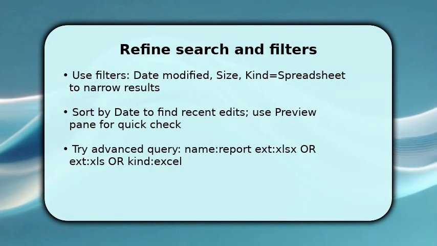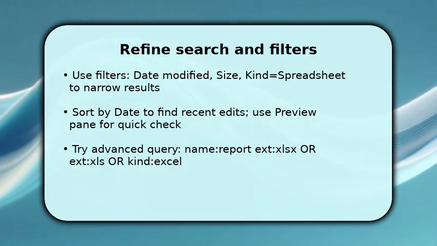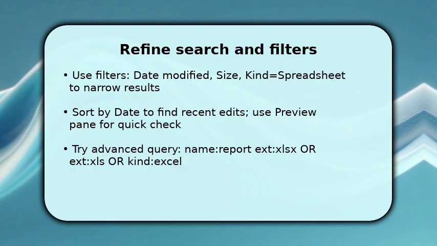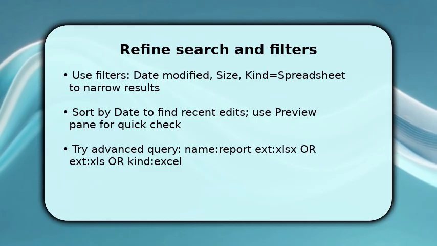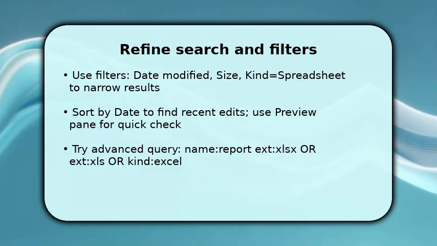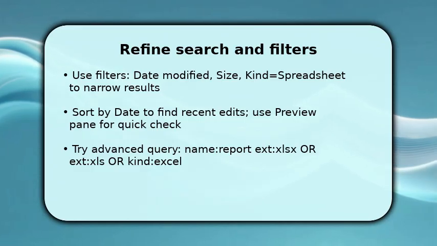Now refine results to cut noise. Click Search, Date modified to limit to last week or month if you edited recently, and choose size to exclude tiny template files. Use kind or extension filters to show spreadsheets only. This speeds up scanning. If too many results remain, sort by date or use the preview pane to inspect contents